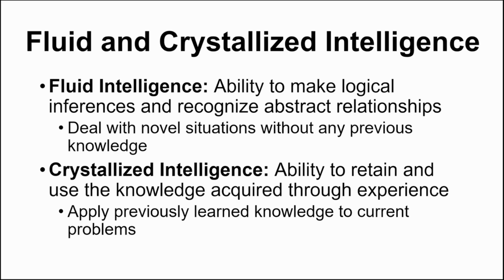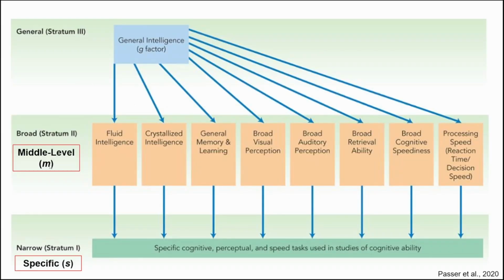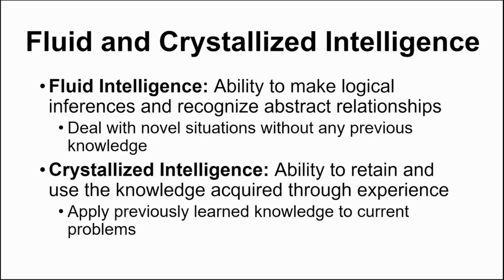And because these are meant to be two of those types of mid level abilities, these are clusters that stand alone. So you might be higher in fluid intelligence and lower in crystallized intelligence, just depending on what your M is based on that model. And with fluid intelligence, this is something that might be a little bit harder to try